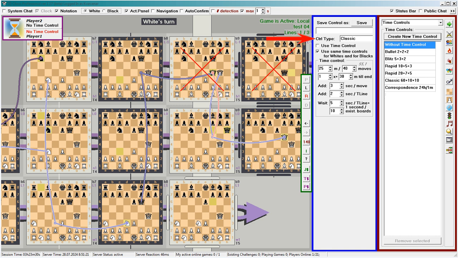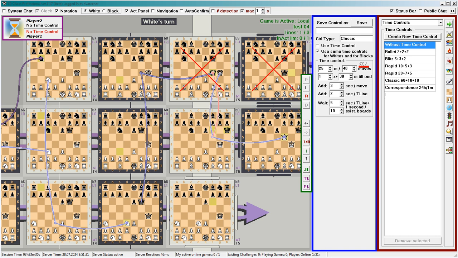The type of time control is determined automatically. The system looks at the other set parameters and calculates the average number of seconds per move. This number will also be displayed here. If this number is less than 4, the preset type is bullet. If less than 10, then blitz. If less than 40, then rapid. If less than 43,200.1, that's 12 hours per move, then classic. If even more, then it's correspondence.